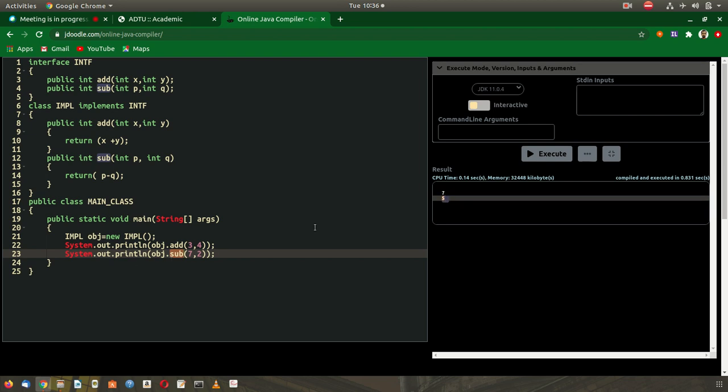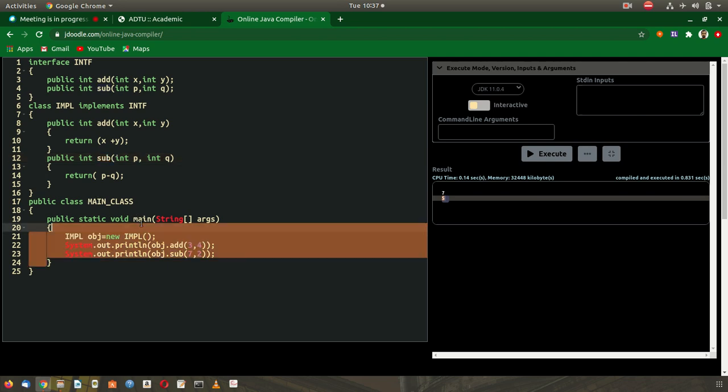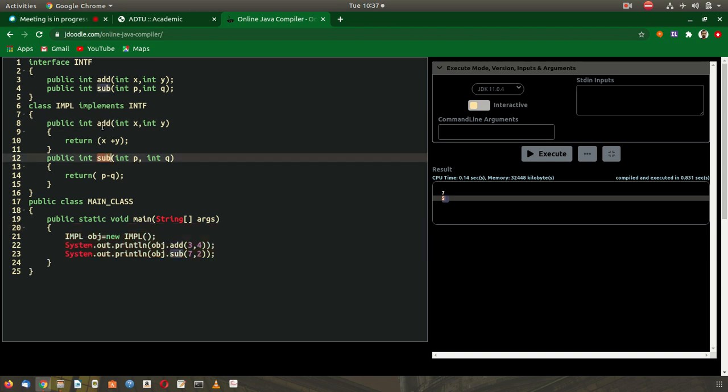So what we have done here: firstly we have created an interface, then we have implemented this interface, implementing both the functions add and sub, and in a main function we have printed the results by invoking the implemented functions add and sub, by creating an object of the implementing class.